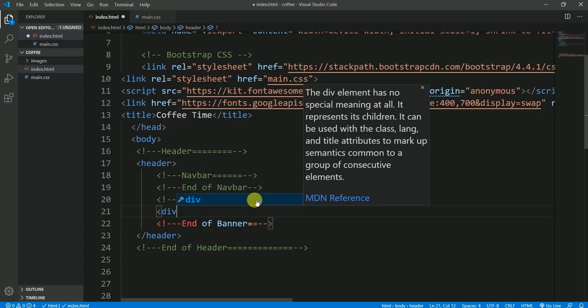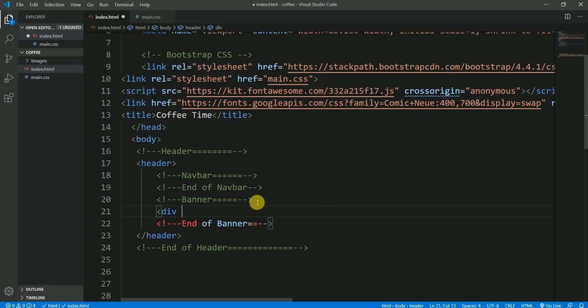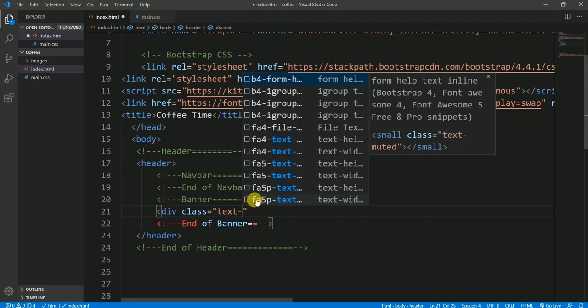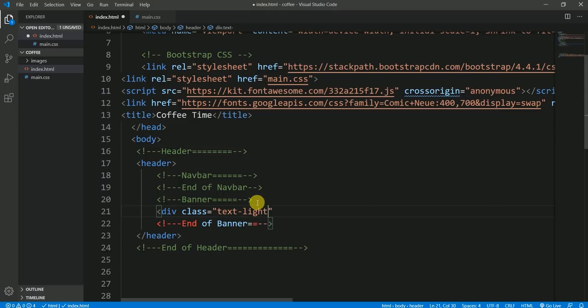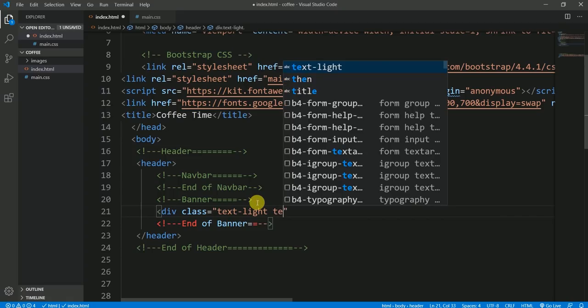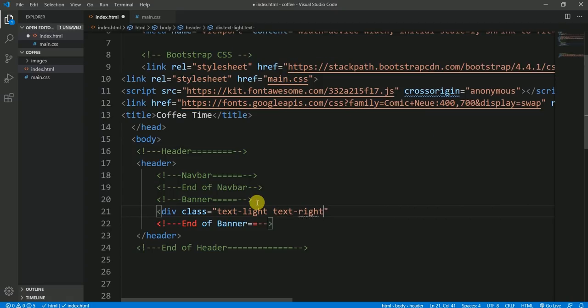Within this banner comments, I'm going to write a class, and here I'm using Bootstrap classes, so text-light, and the text would be right, and then I'm going to have a class of banner. Okay,